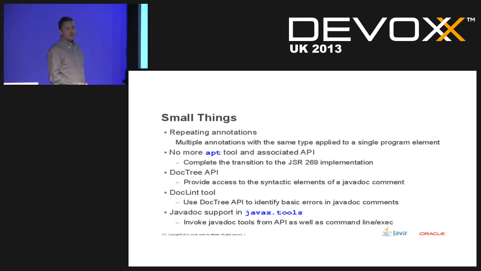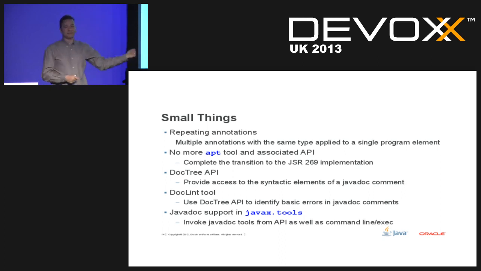Some other things that we're doing: there's the doc tree API, which is going to improve some of the things around Javadocs. What you'll be able to do is actually get the individual syntactic elements associated with Javadocs, and until now you haven't been able to do that. You've been able to get the overall Javadoc elements, but not the individual syntactic elements within the particular Javadoc comment. So that will give you an API to do that,